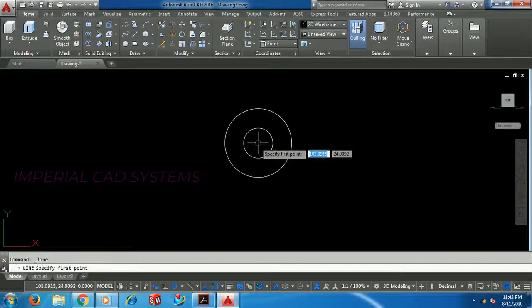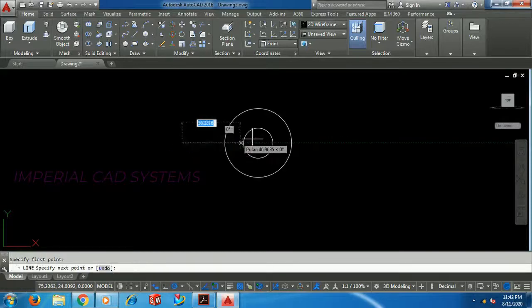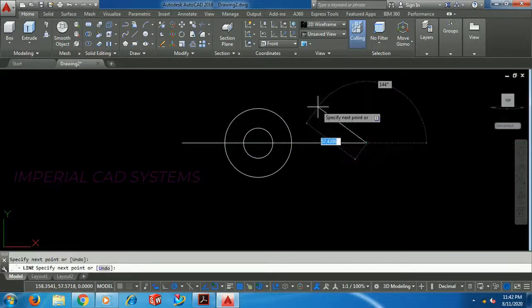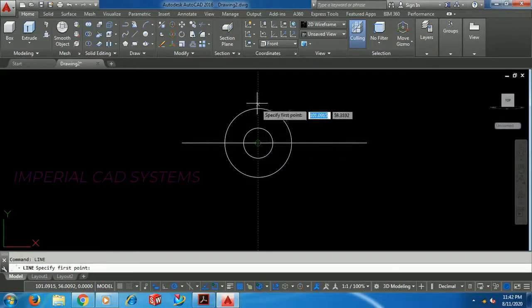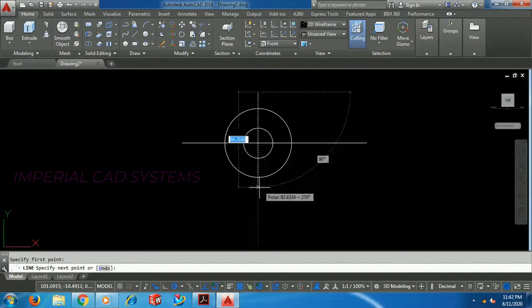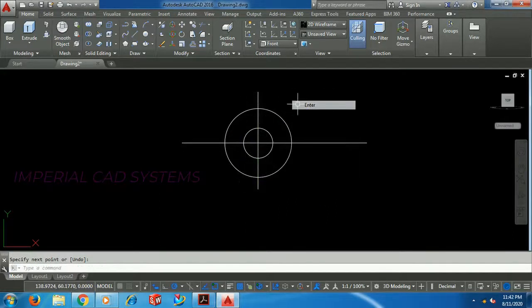I'll take a horizontal and vertical axis for reference, and another line vertically. This is the circle center.